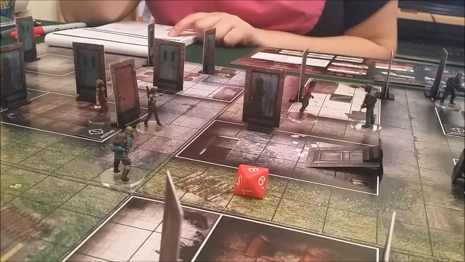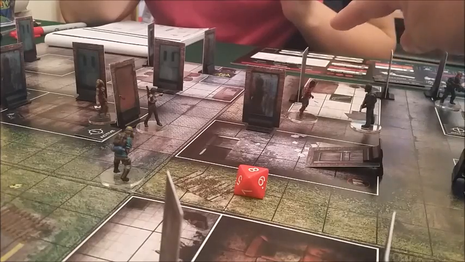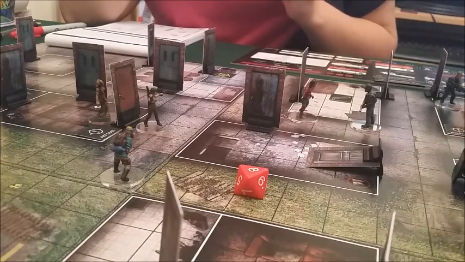Where's the closest spot? It has to be out of line of sight, so it could be there. It can't be down that corridor again. It can't be down that corridor. Why not? Because